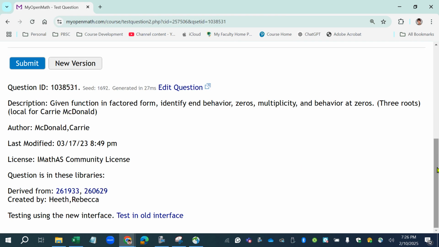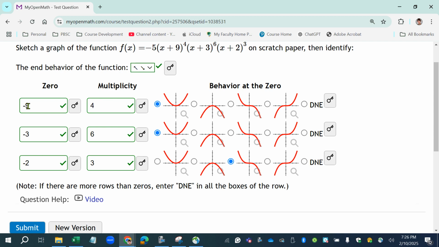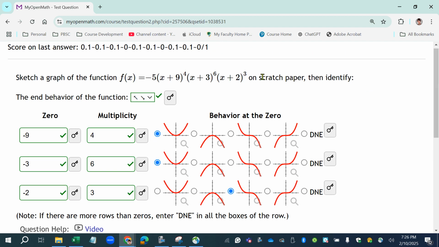Because if all I did was say, well, I can see that the multiplicity of -9 is even, how would I know whether to pick the U shape that's facing upwards or the one that's facing downwards? I would only know that if I had done my sketch out, or if I could at least picture it. So getting a good sketch of your function depends on all of these steps. The end behavior combined with where the zeros are, or the x-intercepts, combined with what the multiplicity of each x-intercept is, or each 0,